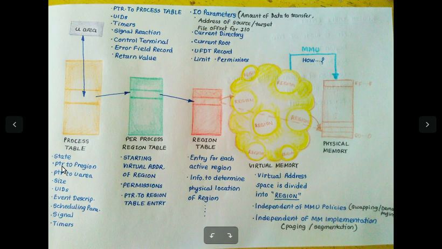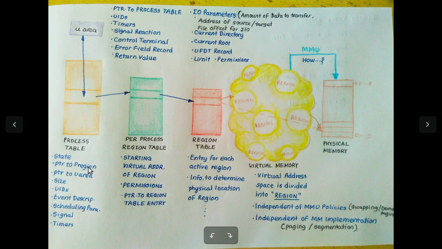Okay, now in the process table, what we have is, the process table maintains state information, the state of the process, in which state the process currently is. We have already seen the state transition diagram of the process, and we know that it can be in one of the states like ready to run, or kernel running, or any other state, and that state will be maintained in this table. It contains a pointer to the P region.